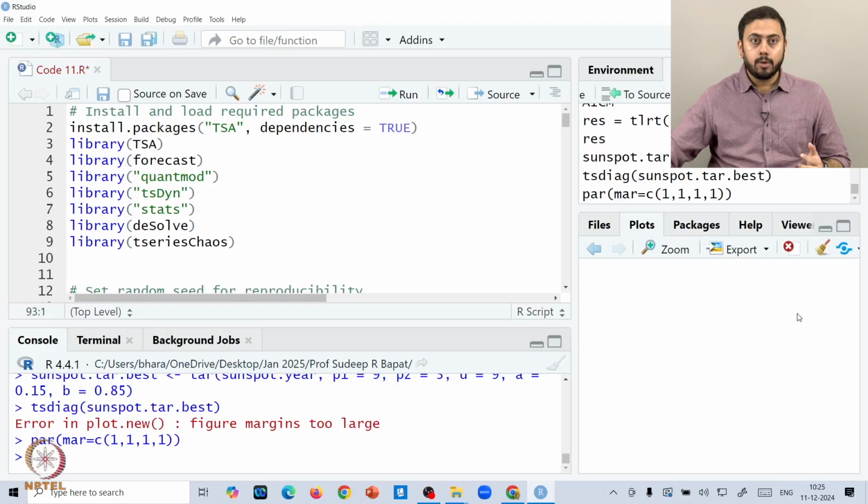So, get your laptops open and get your R worksheets running. By the way, this worksheet requires all these packages.